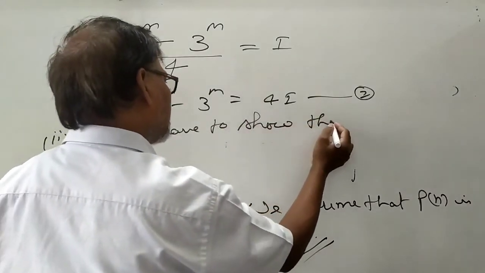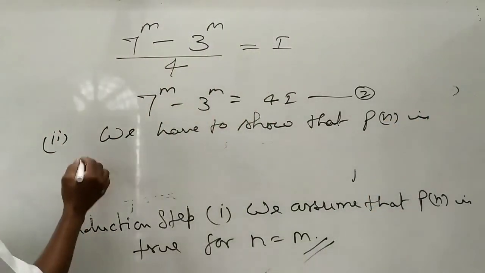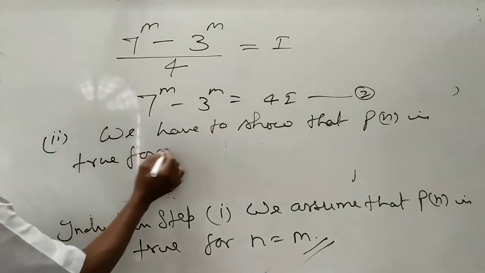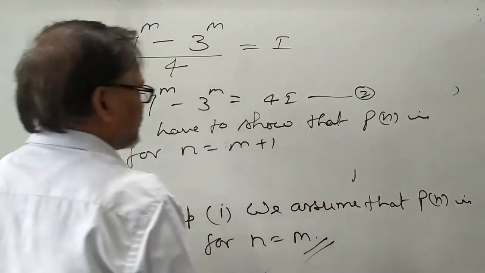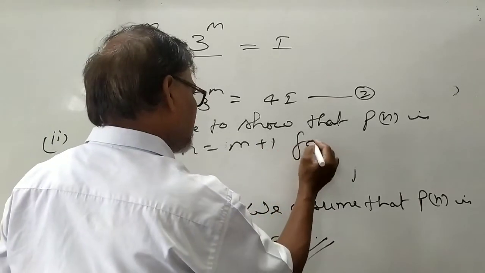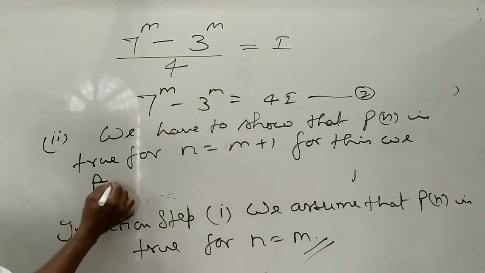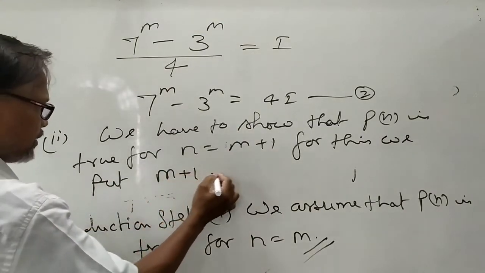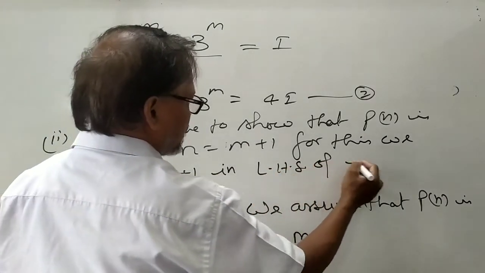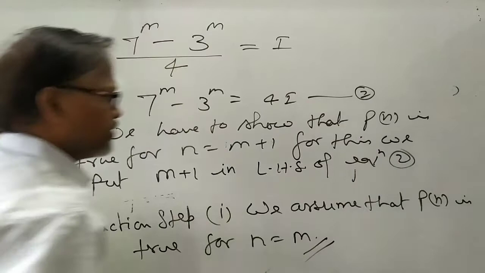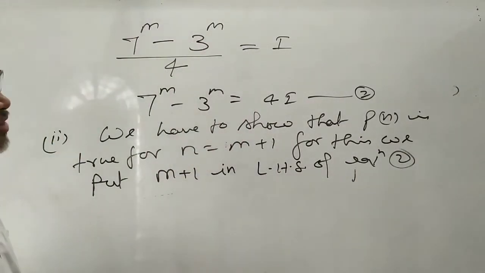The second part of the induction that you have to show, now we have to show that Pn is true for n is equal to m plus 1। अब m plus 1 अभी हमने बताया कि सिर्फ for this we put m plus 1 in LHS of इक्वेशन नंबर 2, इसमें रखना इक्वेशन नंबर 2 में रखना, and then you show that it is divisible by 4।